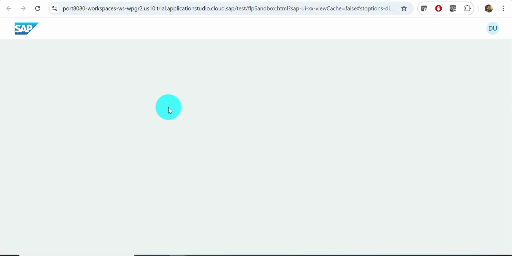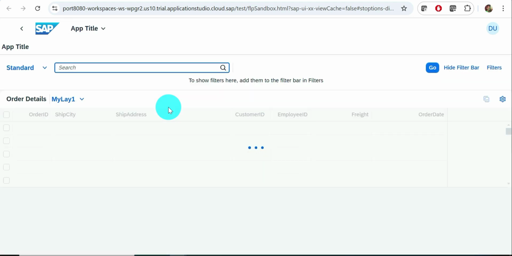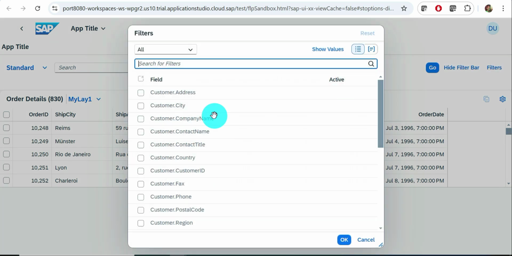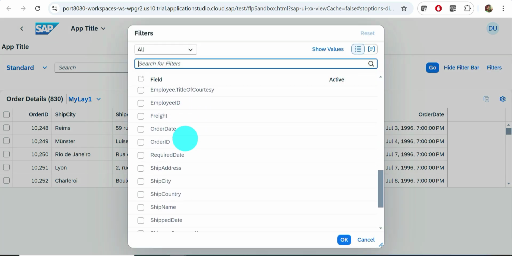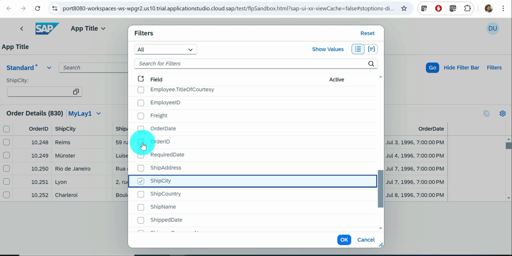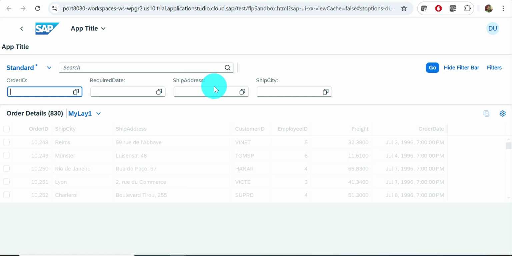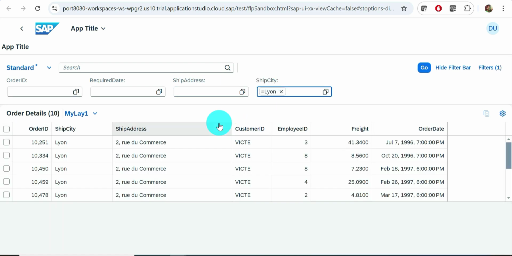And go here, now the user can save the filter options, the user input options. Okay, and for here, go to filter, city, order ID, required address. Okay, and I'm going to say LYON and address as